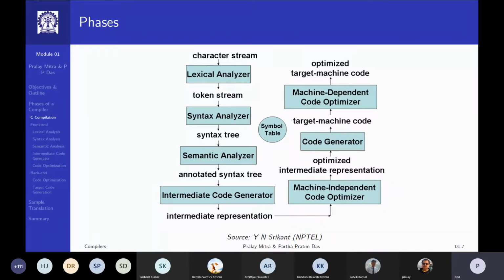But once you have annotated syntax tree, which says that you have a semantically correct program, then you can convert it into an intermediate representation, which is just a very simple programming language or data structure, which represents the corresponding semantics. The advantage for doing that is from this point onward, you will not have to be concerned about the source language information anymore.